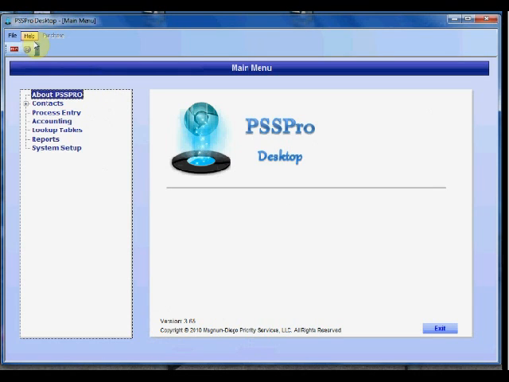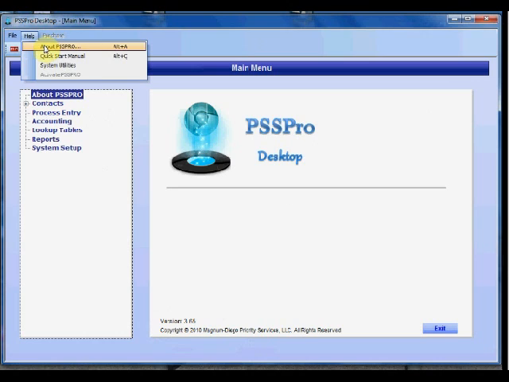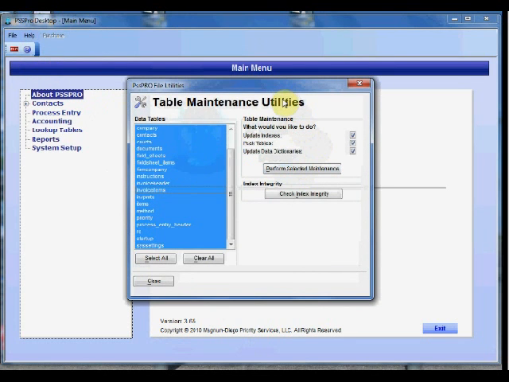The help, about PSS Pro, the quick start manual if you need to find it or read it again, and system utilities. Let's select system utilities real quick, and let's talk about this. Anytime you do an update, you'll want to come to the system utilities on your standalone. Now you can run it from any remote, but you need to make sure that everybody else is off of